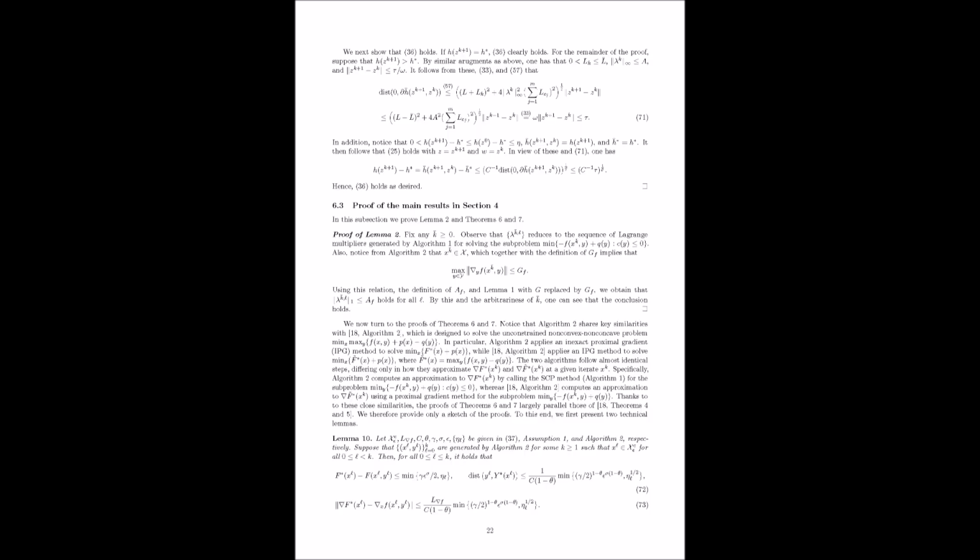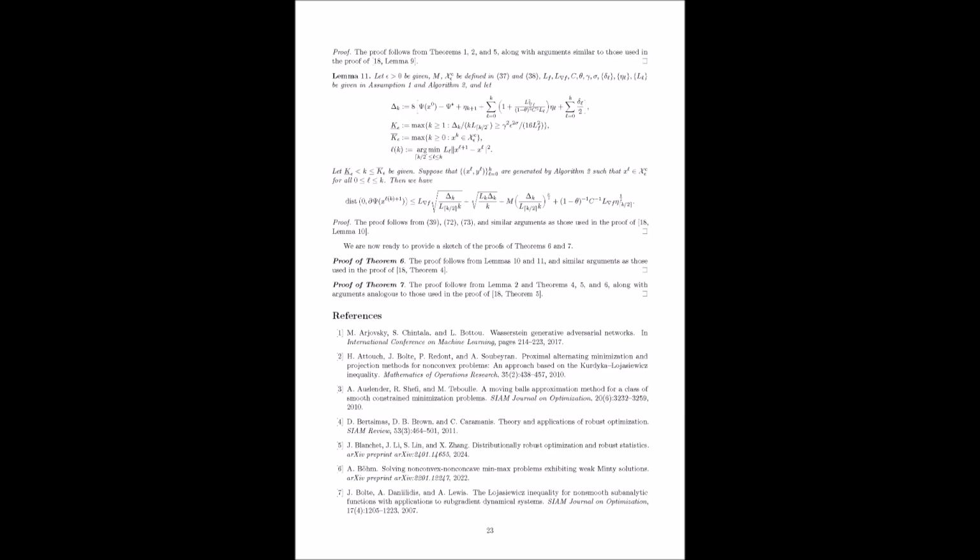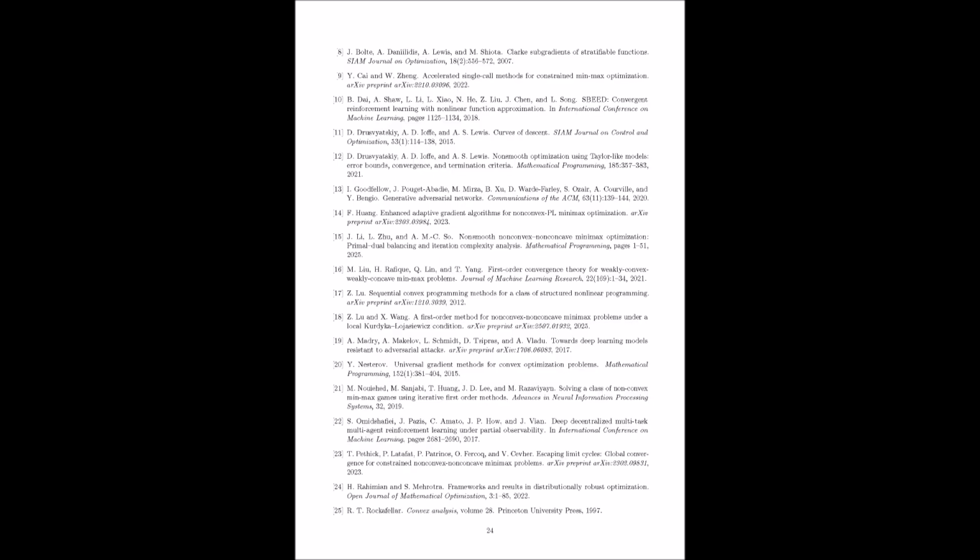They propose a specific method called sequential convex programming, or SCP. That's algorithm one. And this SCP method is designed specifically to handle that constrained subproblem, maximizing over y. Yes. And they prove it converges, crucially, under that local KL assumption they made on the lifted problem. Got it. Then third. Third, they embed this SCP solver within a higher-level algorithm for the outer minimization over x. They use an inexact proximal gradient method, or IPG, that's algorithm 2.